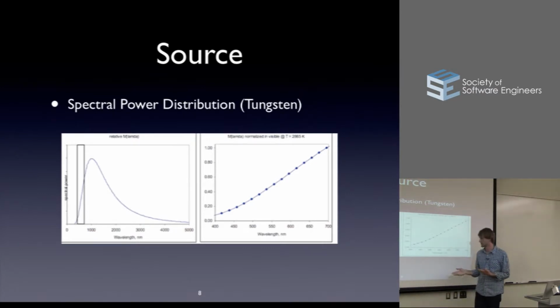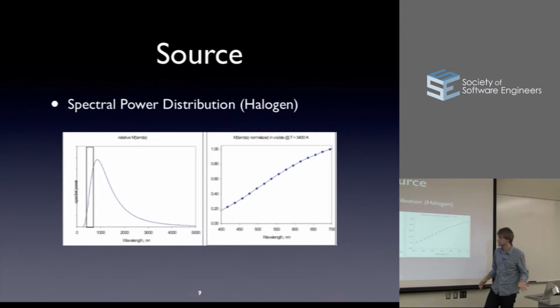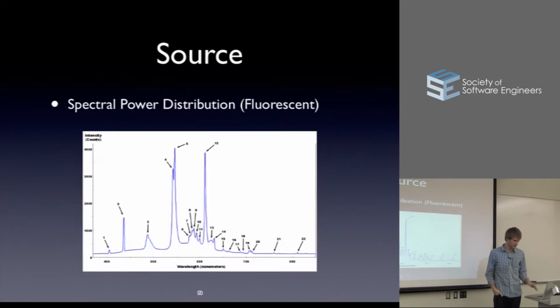So the switch to LEDs and things like that is just, as a side note, to increase power efficiency. And there have been other methods, such as switching to halogen, which introduces gas and shifts it a little closer to the visible spectrum, but not quite. Like I said, we're in this room right now, and everyone would agree that the room is bathed in white light. But when you look at fluorescent, it's this crazy, weird, spiky mess, which our eyes visually integrate to